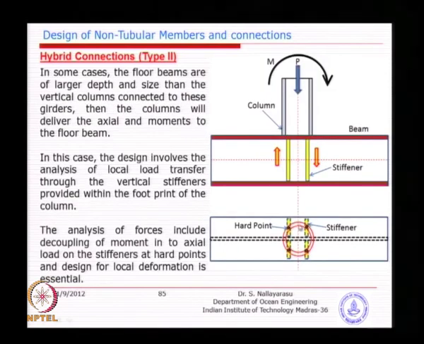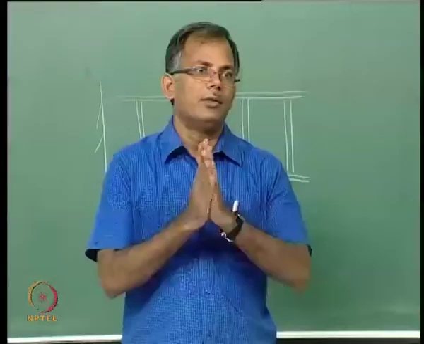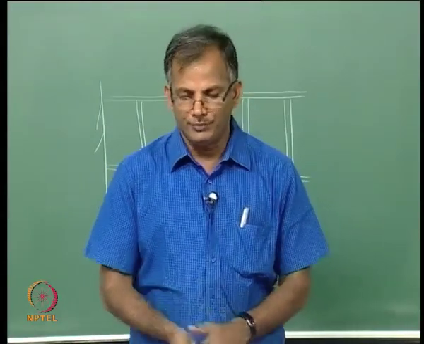The idea of these dot points, or the hard points that I have given, is that is where the load will start jumping, because that is the stiffener location crossing the pipe location, and that is where the stiffness is higher. So, if you imagine a point where there is no stiffener below, the load will not transfer, because relative to the other point this point is weaker and that one is stronger. So, that is the point of intersection. If you keep the stiffener outside, there is no use, because the load still has to travel through the flange by making the flange bend, and only then will it go to the stiffener. So, if you keep the stiffener inside, the hard points will take the loads directly and sufficiently.